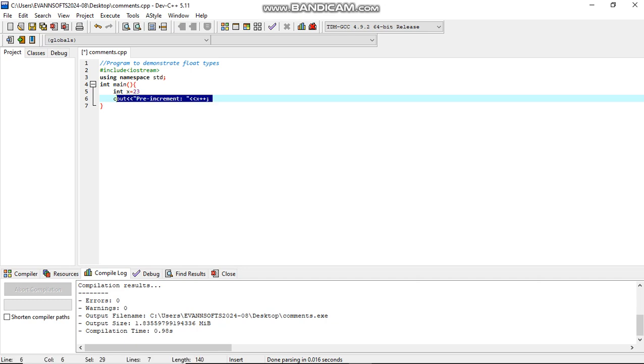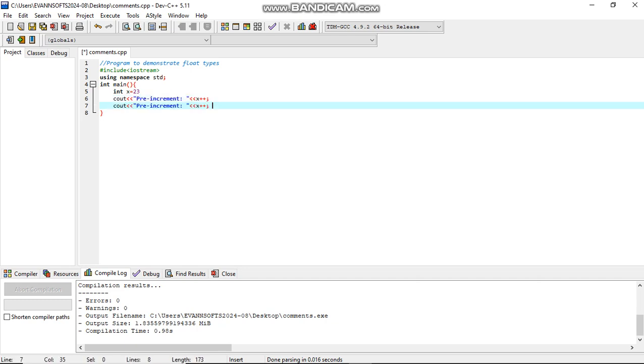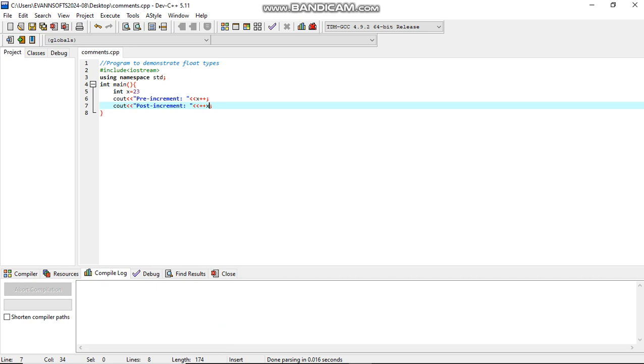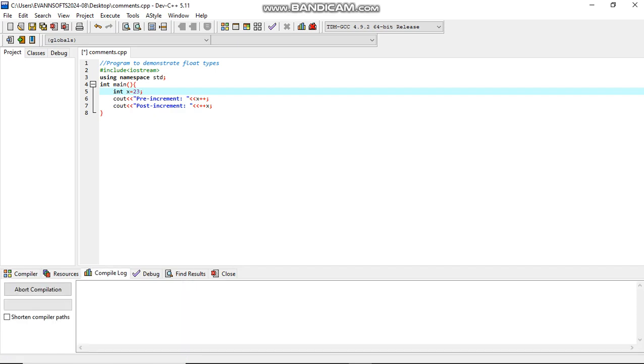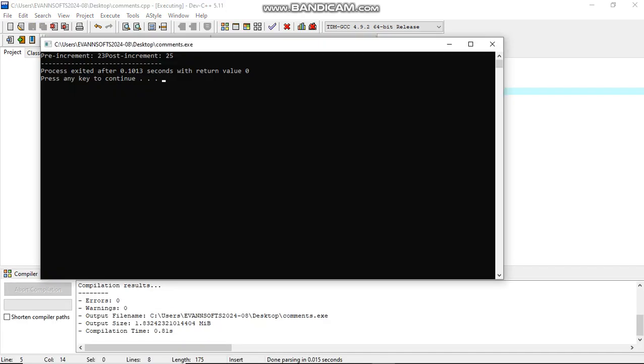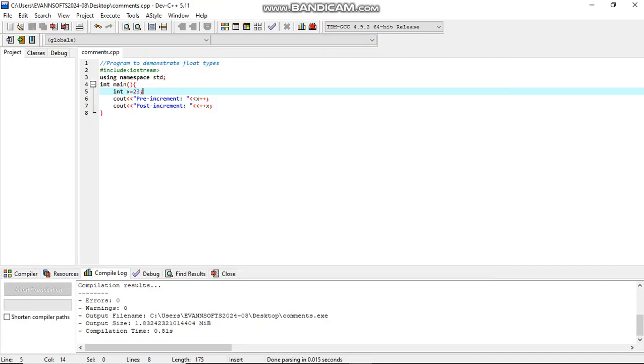Then copy this and do it here. This is post increment, and on this side we are doing plus plus x. So if we output the answer here now,